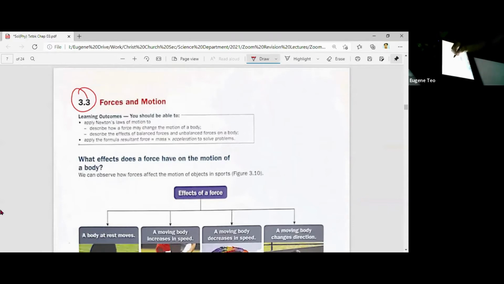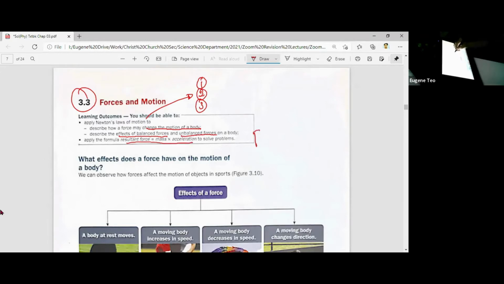Now, in this 3.3, you're going to learn how to apply Newton's laws of motion. There are a total of 3 laws: Newton's first law, second law, and third law. Okay, we'll go through it later. But we're going to look at how each of these laws helps us describe how a force can change the motion of a body. The laws will also help us describe the effects of balanced forces and unbalanced forces on the body. And the last one, you're going to learn how to apply your famous formula,